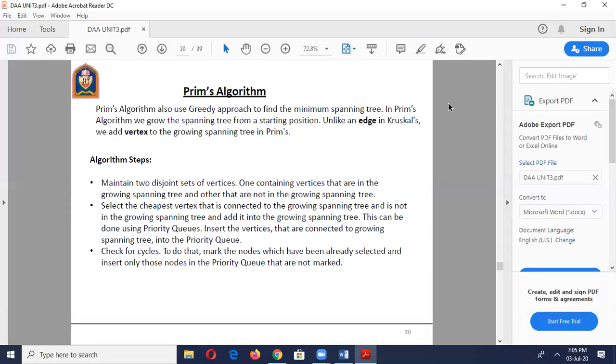The algorithm also uses the greedy approach to find the minimum spanning tree. In Prim's algorithm, we grow the spanning tree from the starting position. So the algorithm steps for Prim's algorithm: maintain that